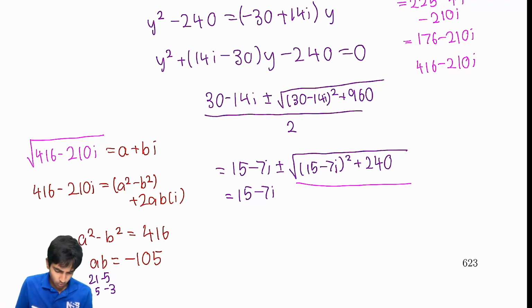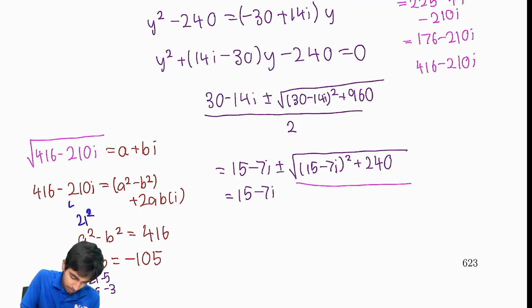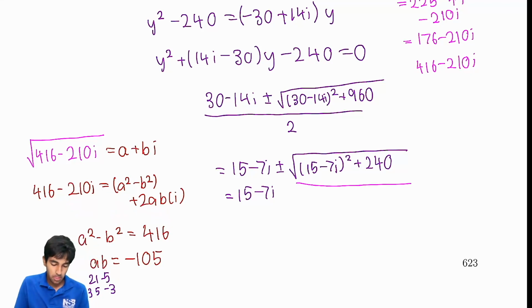That would be equal to 21 squared, which is 441, and then minus 5 squared, which is 25. So we get 416. So yeah, that works. That's pretty cool. So 21, negative 5, or negative 5, 21. Both will work. And that just gives us this